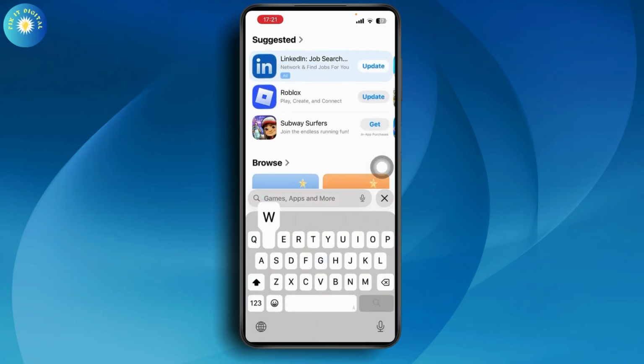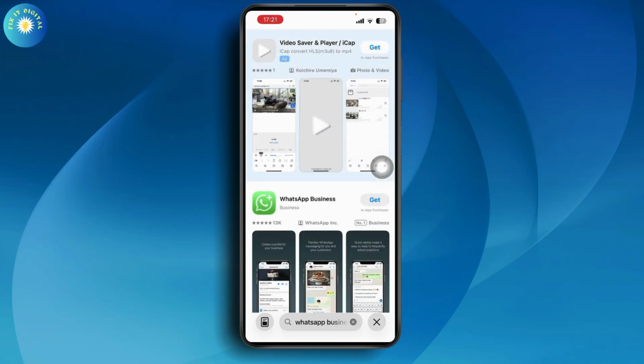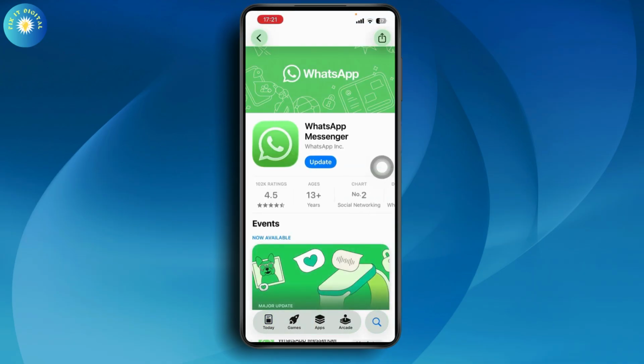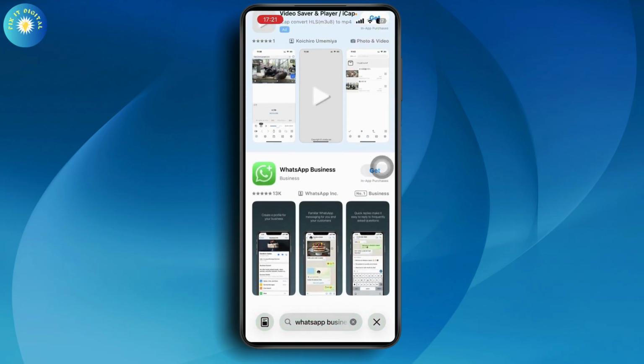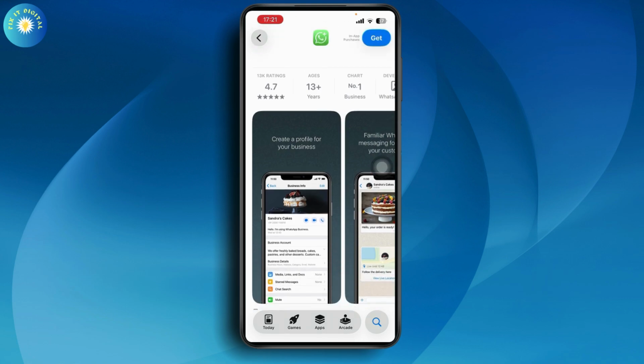On your App Store, you need to search for WhatsApp Business. So you'll have your WhatsApp application installed already, right? Which is WhatsApp Messenger. You'll have this application installed previously, and now you need to go with WhatsApp Business and install WhatsApp Business and add another account on your WhatsApp Business so that you'll be able to use two accounts